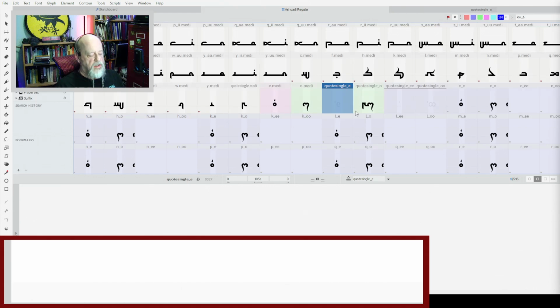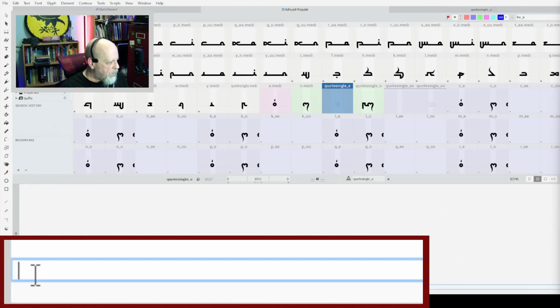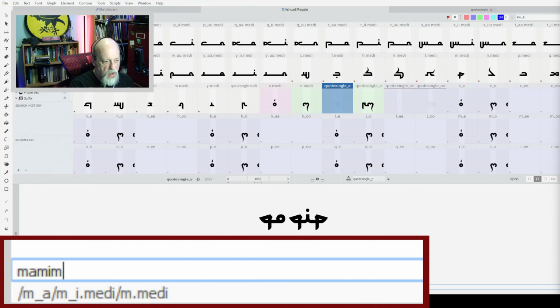And then I have to decide, right now it's focused on creating syllables. So if I go down here and type in the letter M, I've entered M, but nothing appears on screen because there's no vowel, because it's not a syllable. If I type in A, suddenly we get MA. If I type in I, we get MI, U, we get MU. I can't do ME or MO because I haven't drawn them yet, and I haven't programmed them in. But that's the way those would be written.